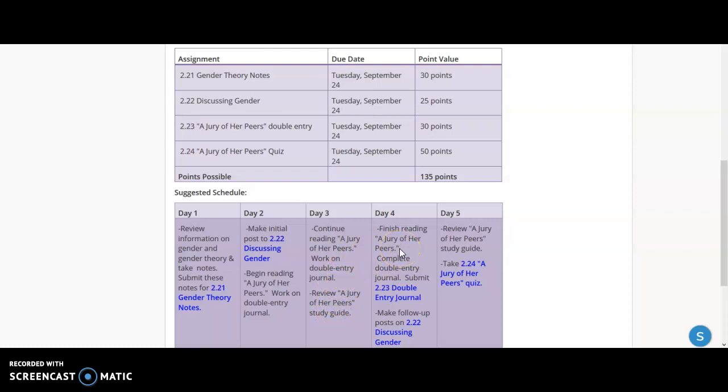Next, you're going to finish that, and there's a double entry journal assignment here. That means you're going to read the text and take notes and have reactions and responses as you read. And remember, you're going to put on the gender critic hat this week. It's not a hat you have to keep on, but I want you to put that hat on and use it to